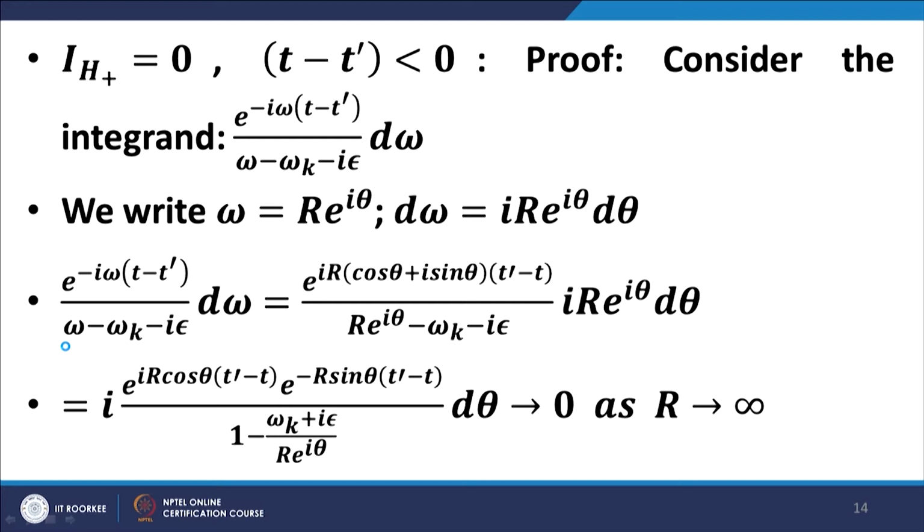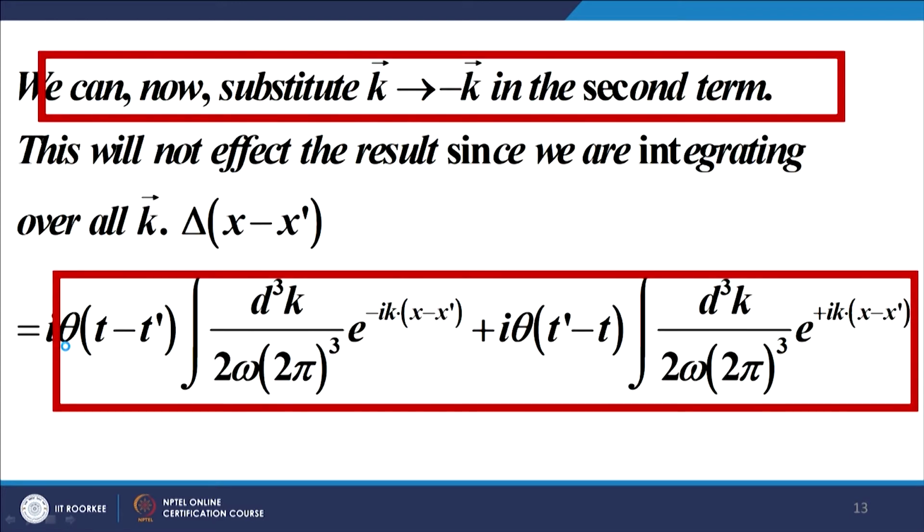Before I get into the proof, this is the expression that we have for the Feynman propagator, where the omega integration has been carried out, and we are left with the space integration over the space components of the wave vectors. And please note, this integrand is in the form that is Lorentz invariant in special relativity. So, that is also taken care of.